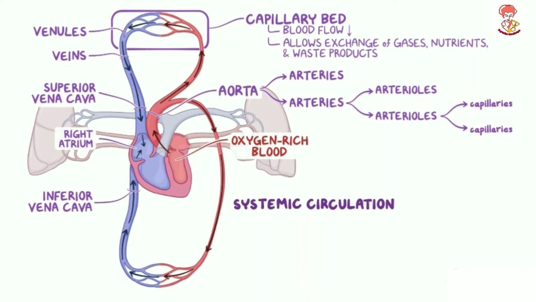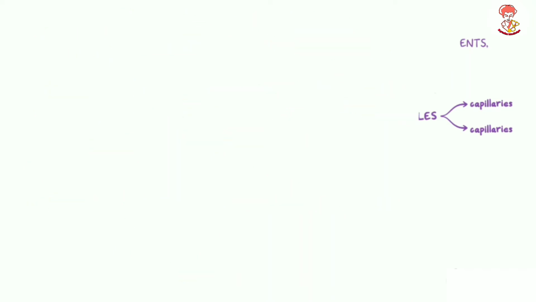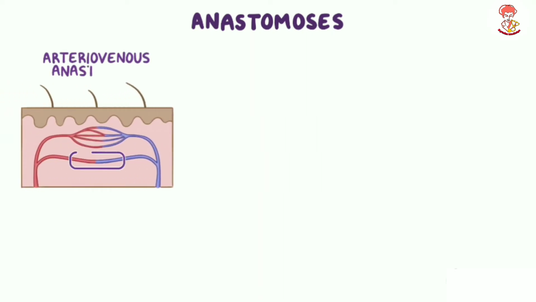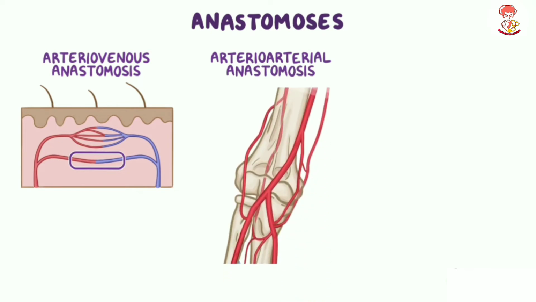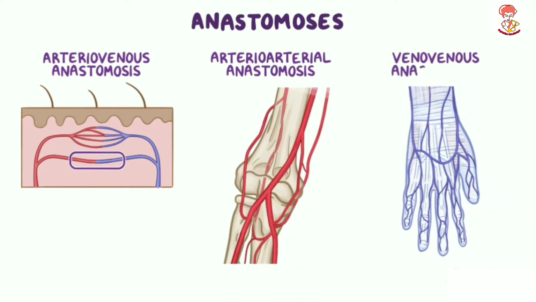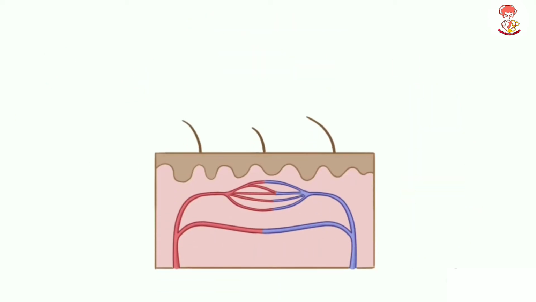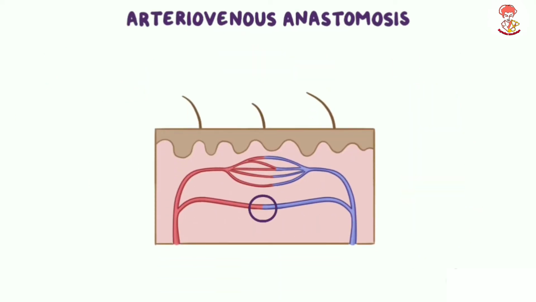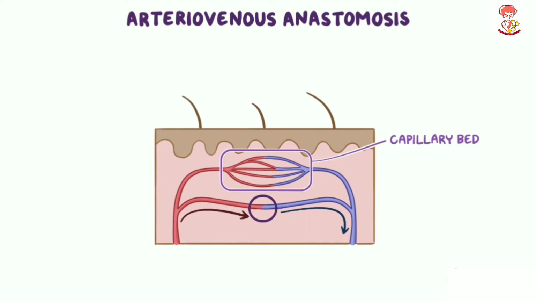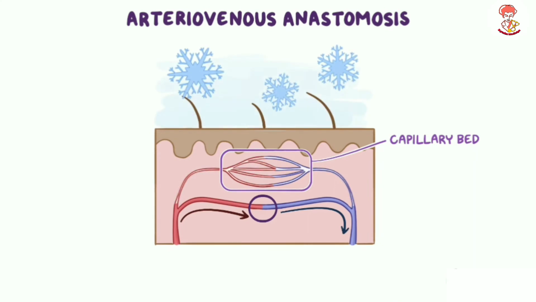Blood vessels often connect to each other forming networks called anastomosis. These connections may be between an artery and a vein, called arteriovenous anastomosis, between two arteries, called arterial anastomosis, or between two veins, called veno-venous anastomosis. Let's start with arteriovenous anastomosis, which allows direct flow of blood from the arterial to the venous side of circulation without passing through a capillary bed. These types of connections occur in some skin regions between arterioles and venules where they serve